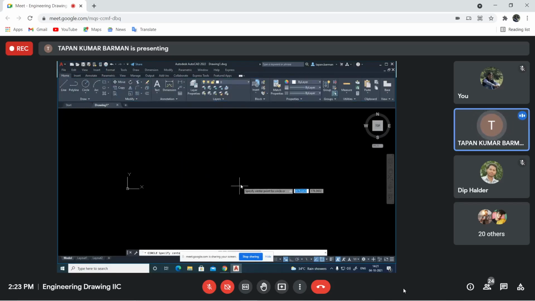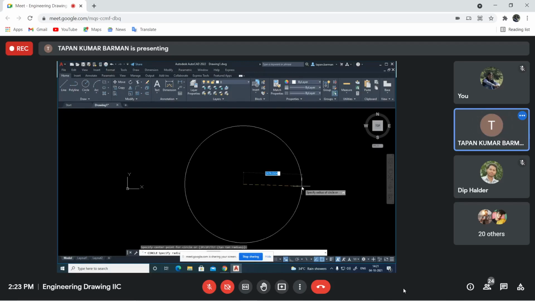suppose I have one big circle, and here at this point I have one small circle, but I want to array these objects, or make a copy of this object at say 10 places with the same intermediate angle. Then how to do that? For that you have to select polar array, then select the object, the array object should be selected, press enter.